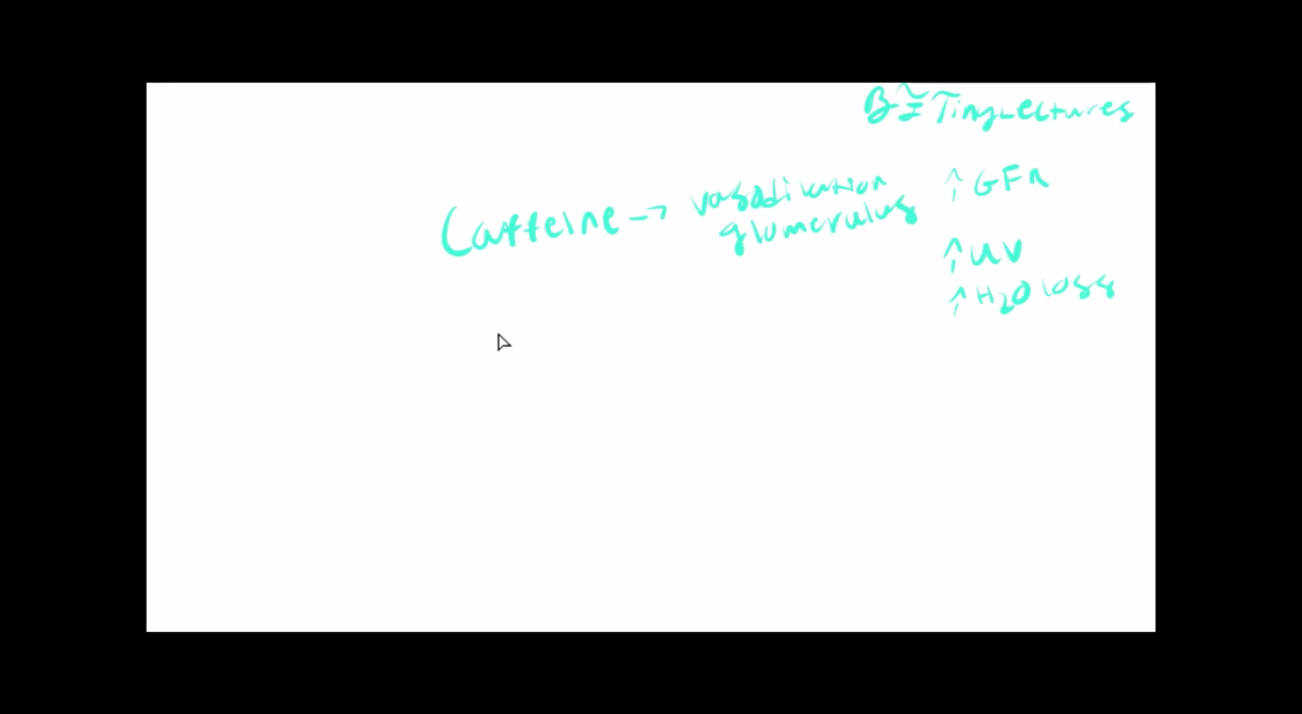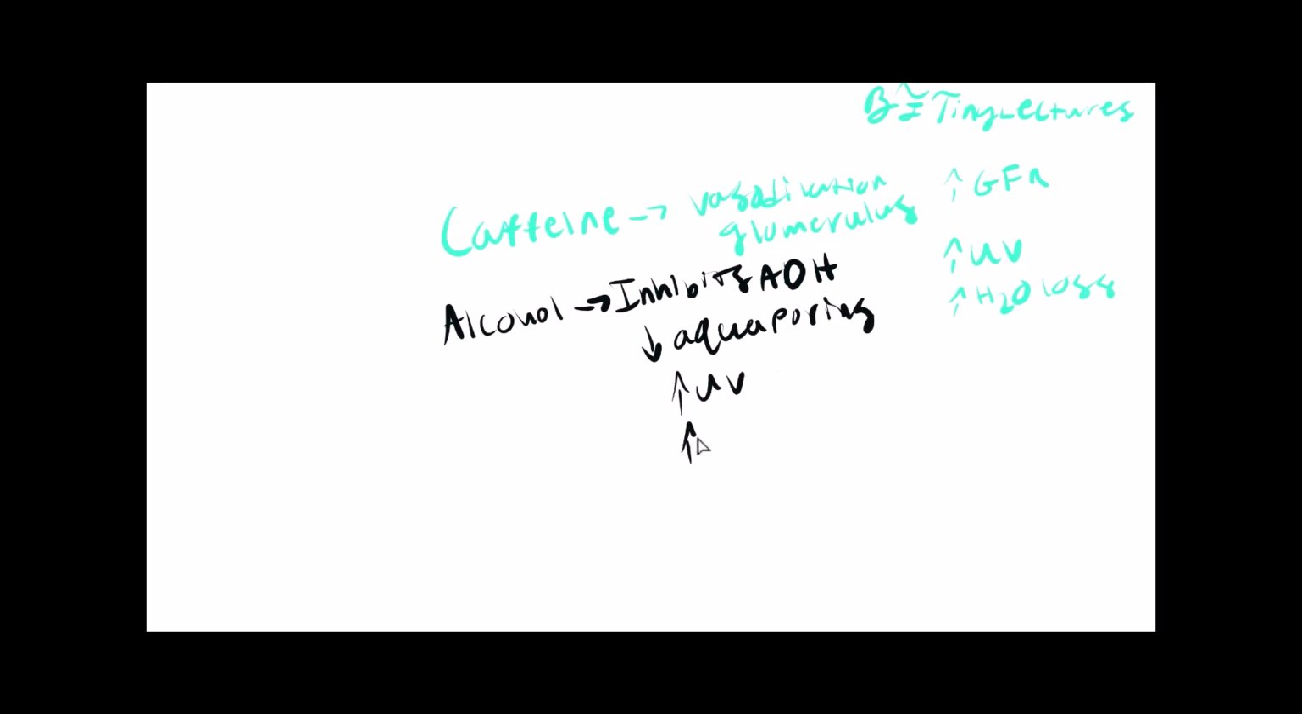When we drink 4 shots of vodka, we're drinking alcohol. And alcohol is also going to be acting as a diuretic because it inhibits antidiuretic hormone. So we decrease the amount of aquaporins, and that increases the urine volume, which increases water loss. So when you drink your shot of vodka, about 10-15 minutes later you need to use the restroom because you